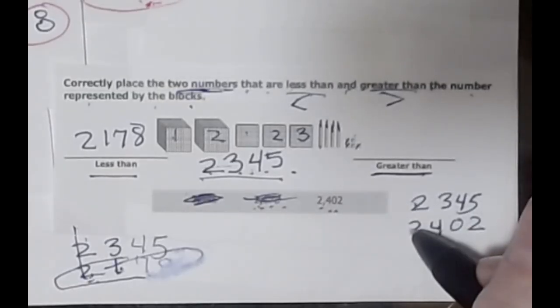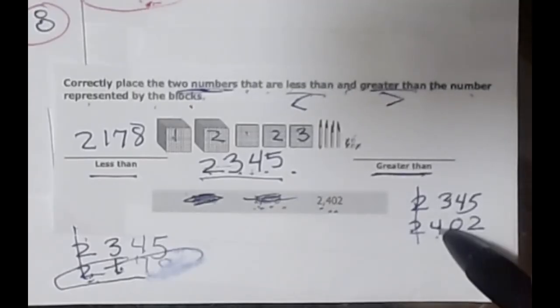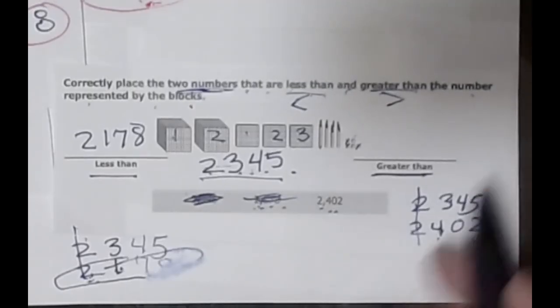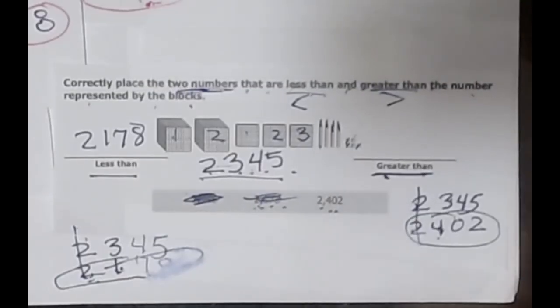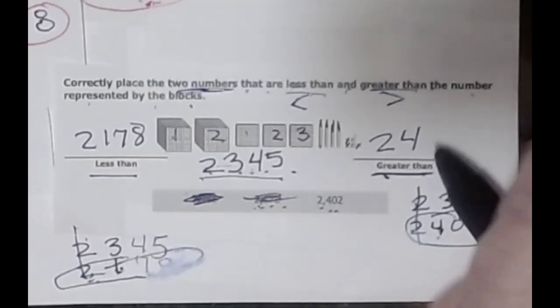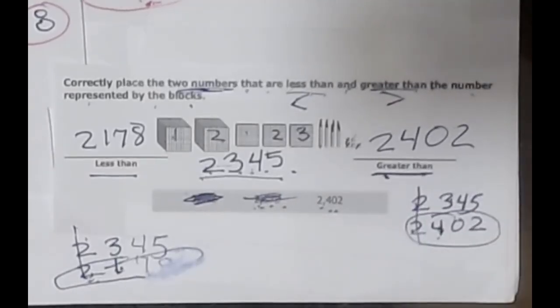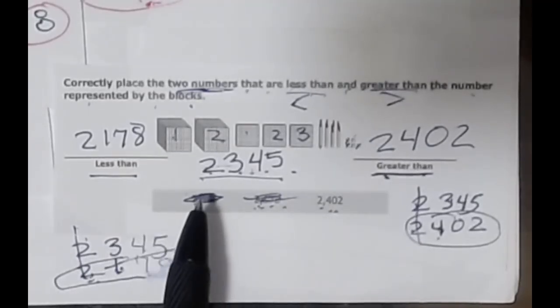2 and 2, same or different? They're the same. Go to your hundred spot. 3 and 4, same or different? They're different. Which one is greater than? Oh, that's the 4. So we're going to put it up here, 2,402. Okay. This type of problem, these 3 numbers at the bottom, students would have to click and drag it